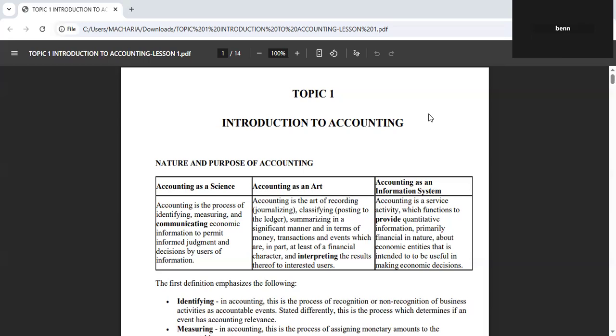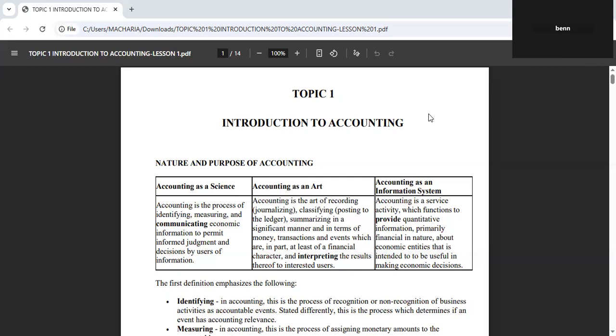If you have started your foundation level, having not done accounting in high school, or having not done accounting before, perhaps a degree in accounting, we need to ask ourselves, how do we define accounting, or how do the technocrats or professionals view accounting? So that as you grow in this course, you'll be able to have a correct definition of accounting.